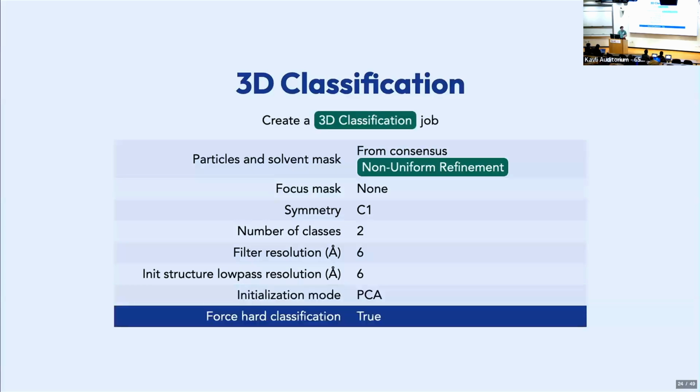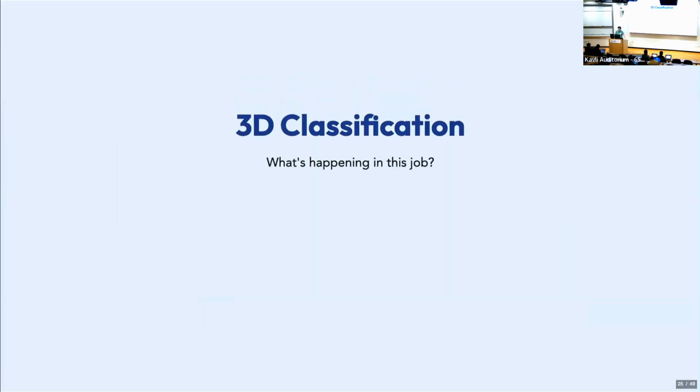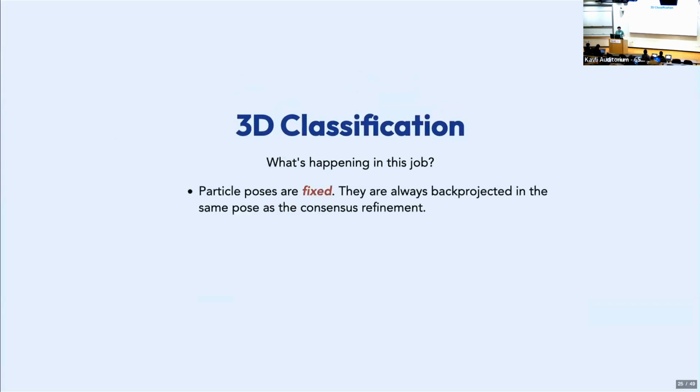And finally, I chose to set force hard classification true. A filter resolution of 6 angstroms is probably blurry enough to avoid that class collapse problem. And of course, you can always come back and launch the same job with it turned off or increase the filter resolution, right? So just as a refresher, what's happening in this job is that the particle poses are fixed,